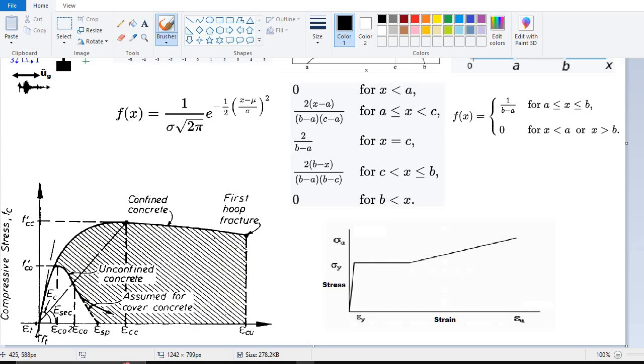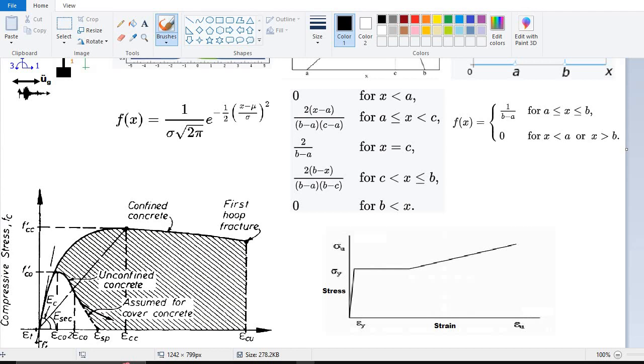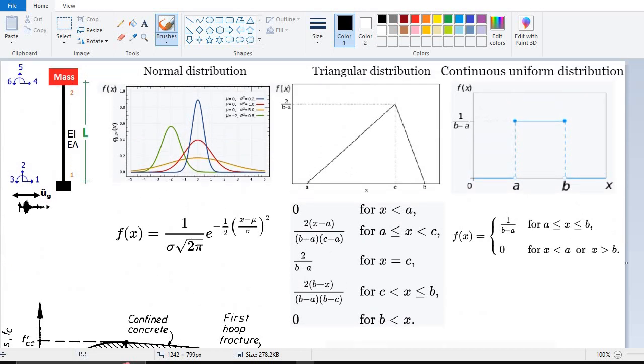and we have confined concrete properties and steel rebar properties as stress and strain relations, and we use these three types of distribution functions for better estimating the real behavior of structures during the analysis and outputting the data to measure the uncertainty conditions of this respected behavior. You see in here, we have 6 degrees of freedom, one element, a mass at the top,